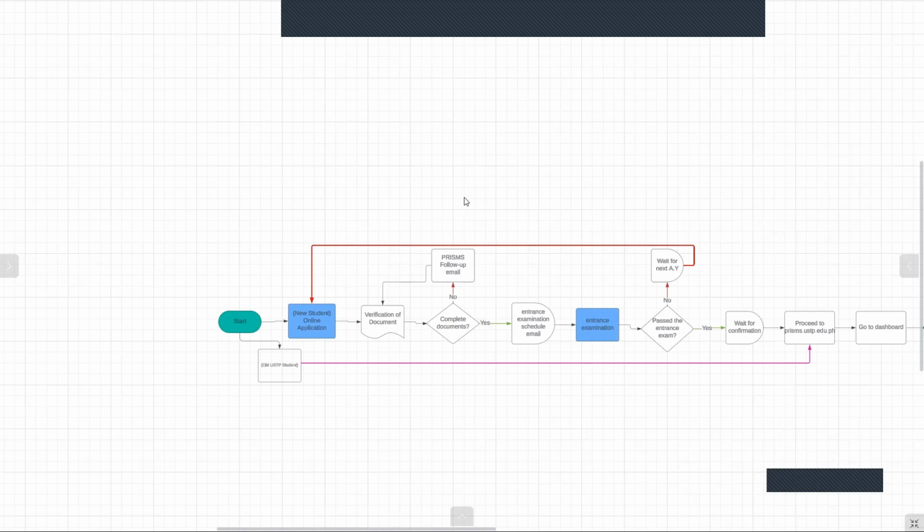After that, you will directly proceed to the USTP clinic, wherein you will pass your medical certificate and fill up the form for your medical records. After that, you will proceed to the ID processing area. And with that, you are all set and you are officially enrolled at USTP.